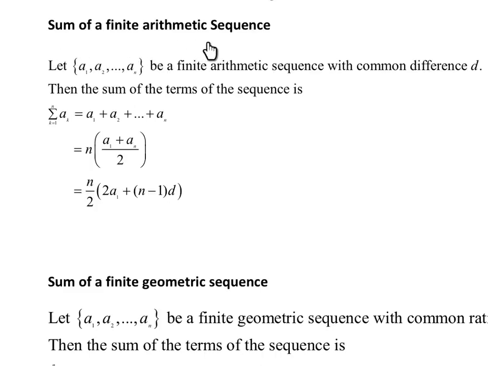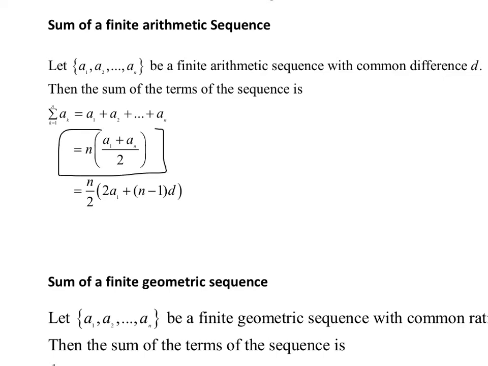So the sum of a finite arithmetic sequence. Let a sub 1, a sub 2, a sub n be a finite arithmetic sequence with common difference d. The sum of the terms of the sequence is right here or right here, doesn't matter. The two most common I use are